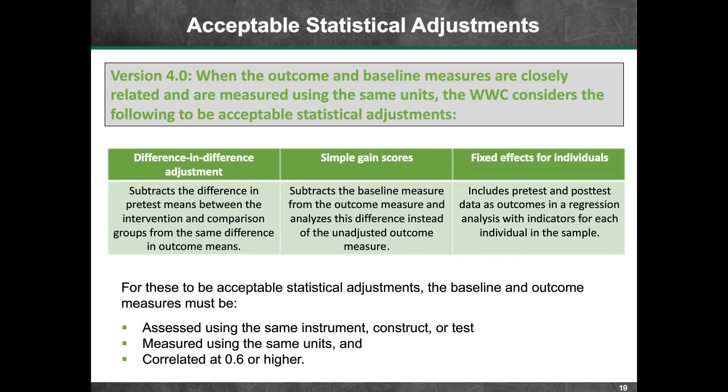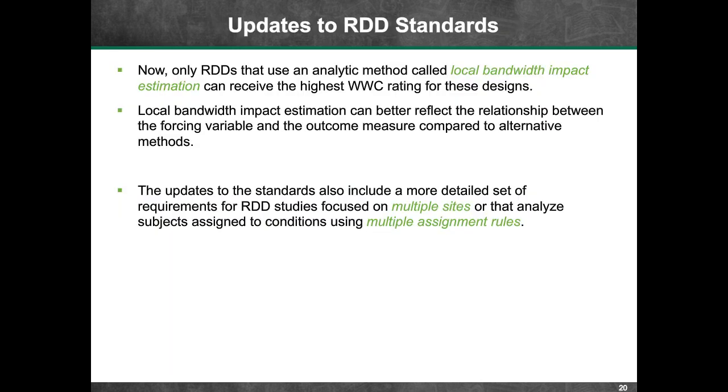Another update was made to the regression discontinuity standards. The use of these designs in education research is still relatively new, so the best practices of the field have continued to evolve. More recent research has concluded that an analytical method called local bandwidth impact estimation can better reflect the relationship between the forcing variable and the outcome compared to other methods. Therefore, under version 4 standards, only regression discontinuity designs that use this local bandwidth impact estimation can receive the highest